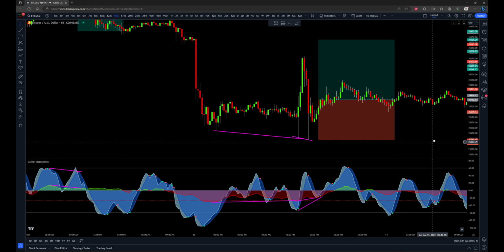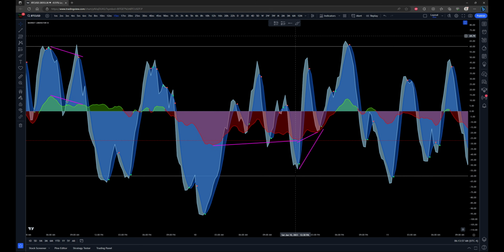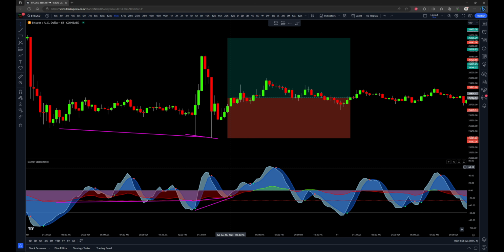Here's another buy setup. So price comes down. We're looking for regular bullish divergence with the red wave. Okay. So coming down, we wait for a lower low. Here's a lower low right here. And we do have a higher low on our red wave here. But we don't get a higher low cross up on the blue wave till over here. Okay. And that actually happens right here